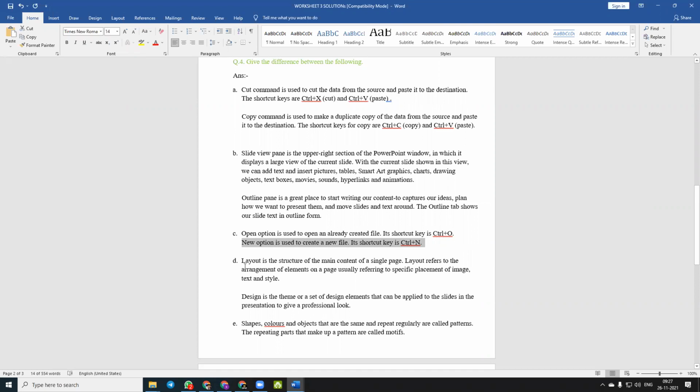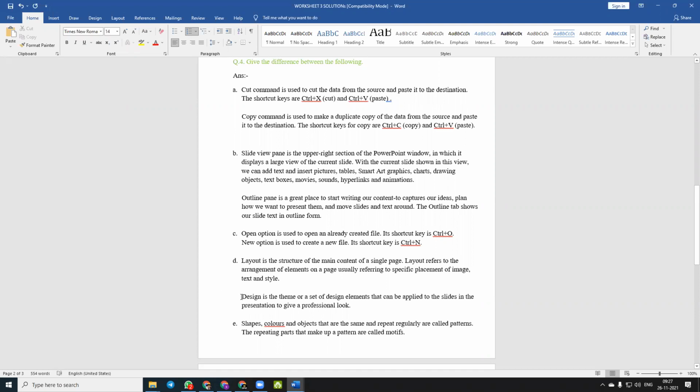Question number D, layout and design. Layout is the structure of the main content of a single page. Layout refers to the arrangement of elements on a page, usually referring to specific placements of image, text, and style.